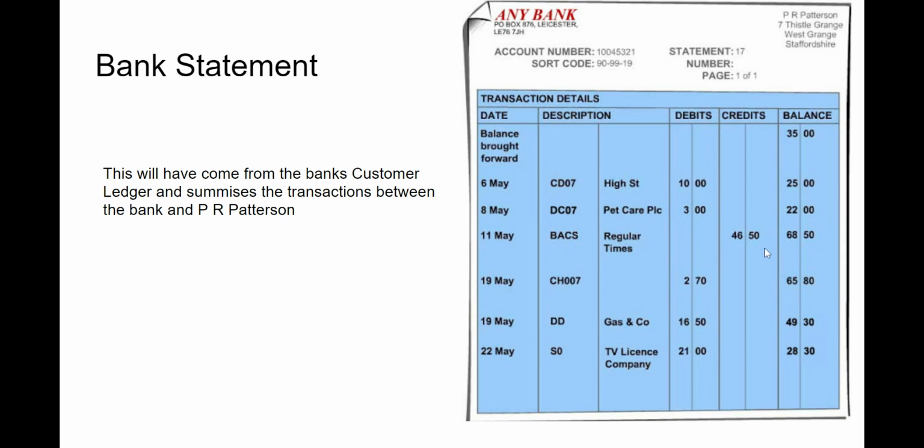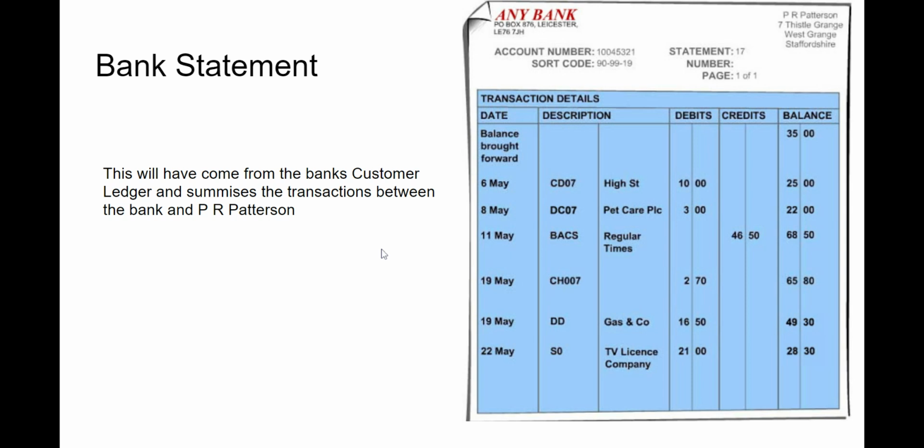When PR Patterson receives some money, so here he's received some money by a transfer from somebody called Regular Times, the bank would credit it by £46.50, because the bank now owe an extra £46.50 to Patterson, and therefore they would increase the balance. Now, from Patterson's point of view, he thinks of that as being a bigger asset of being owed money. He's owed an extra £46.50, and so in Patterson's accounts, that would appear as a debit in his bank T